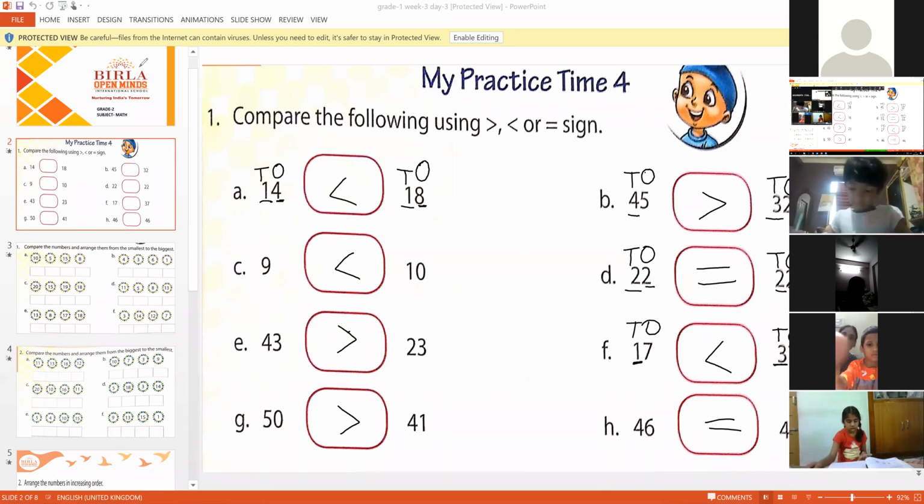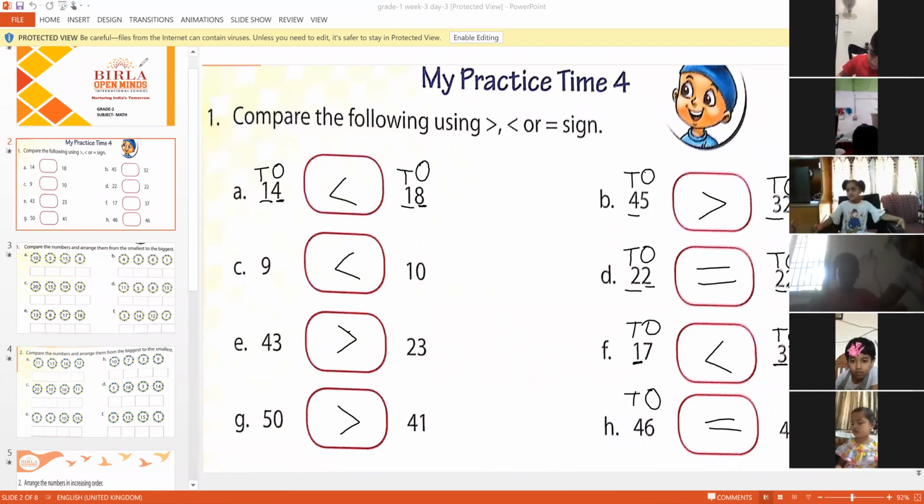See, here in ones place and tens place, children, we have the same number. In tens place, in both the numbers we have 4, and in ones place also we have 6 in both the numbers. So both the numbers are equal. Right, children? Okay. So now do one thing.